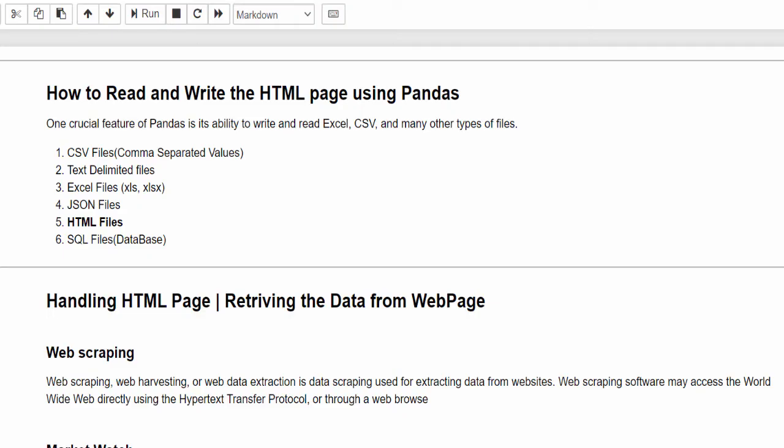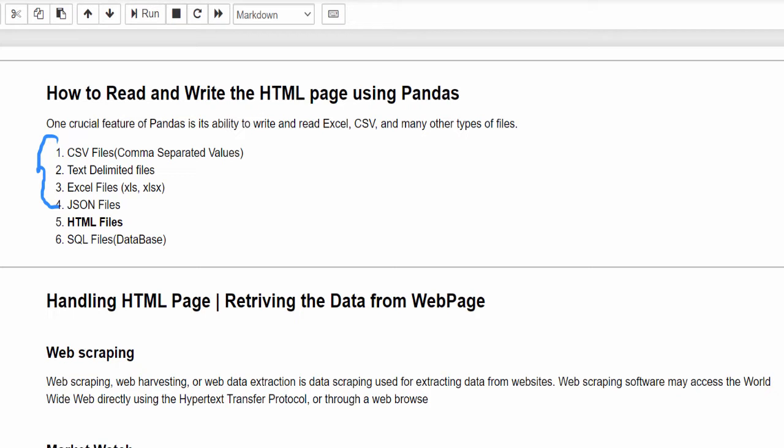When you consider any machine learning project, most of the time we will get the input file in these four formats: CSV, text delimited, Excel file or JSON file. Then we have to clean the data and use it for creating the model.